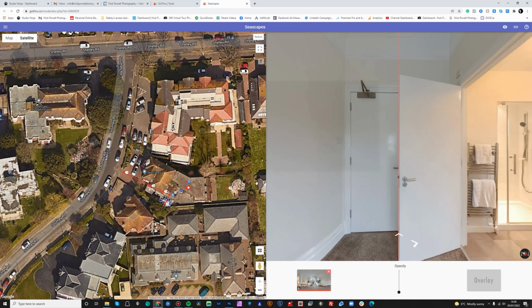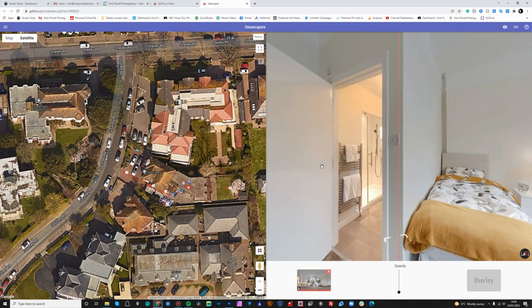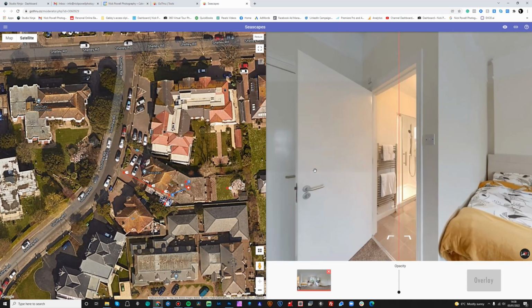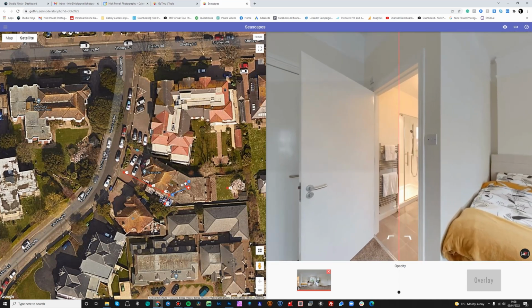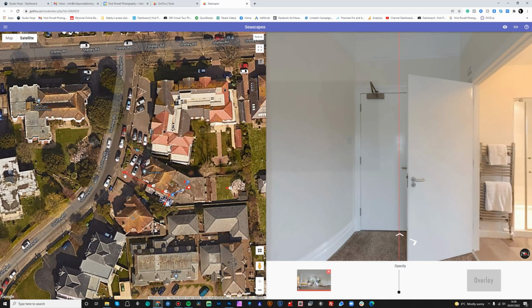Okay, so that's all the images connected. You'll see there that's pointing to the bathroom here. I might move that just a tiny bit. There we go, just like that. And then the other one. There we go, excellent. Okay, so if we come back to the first one,